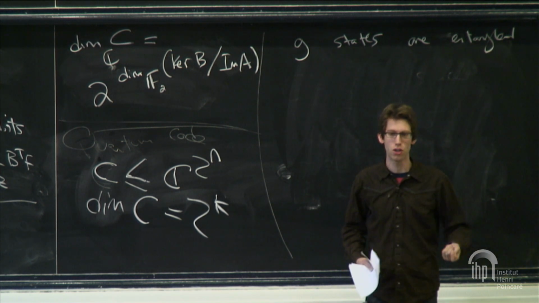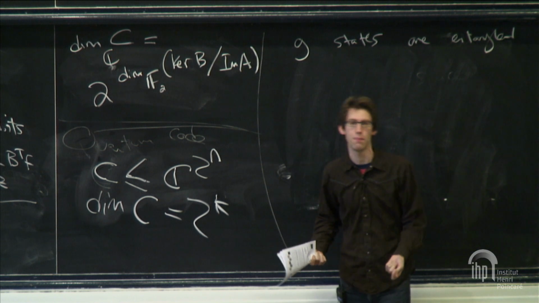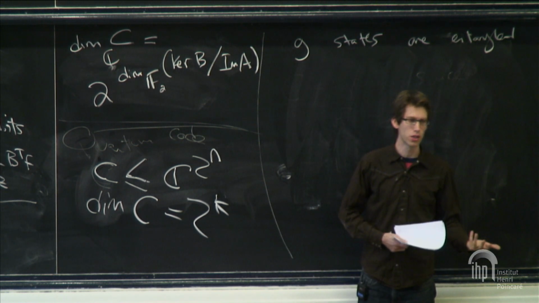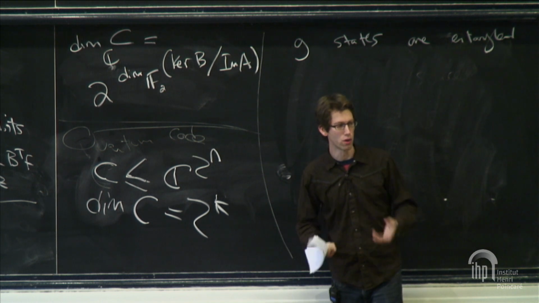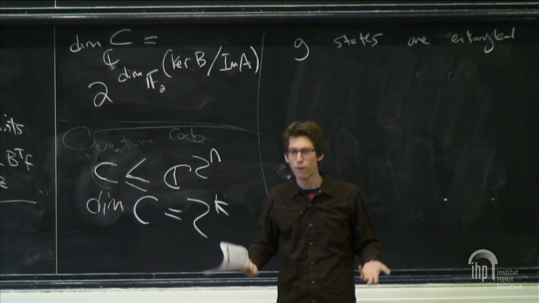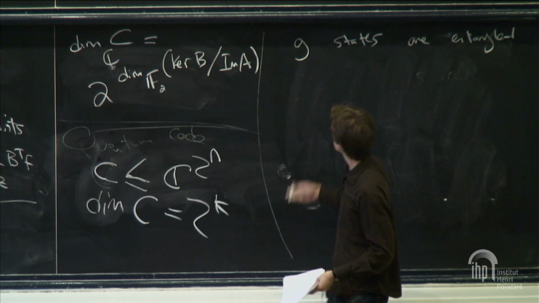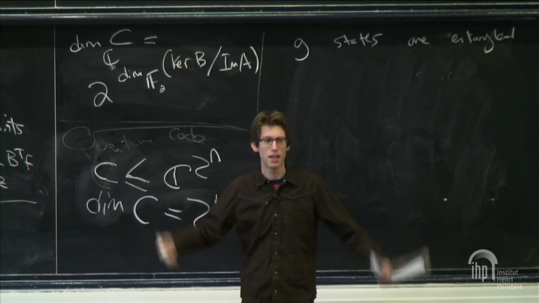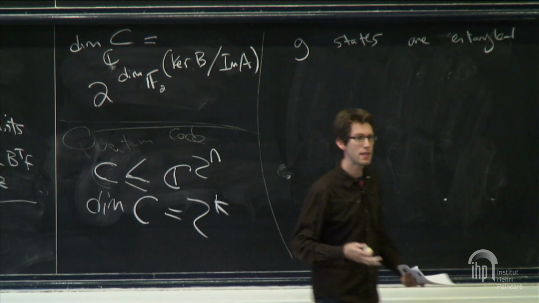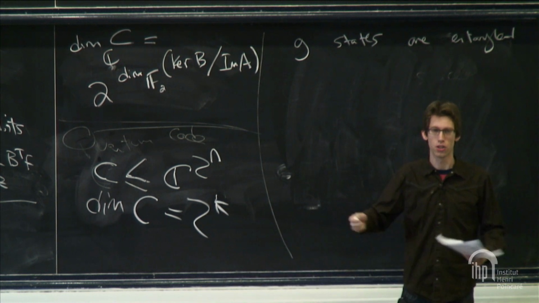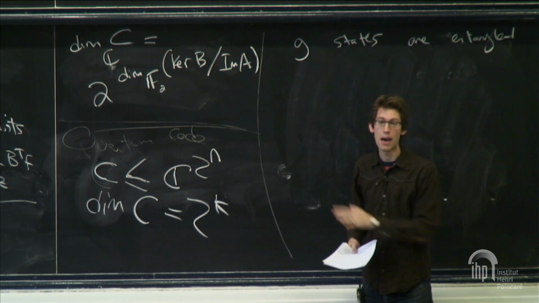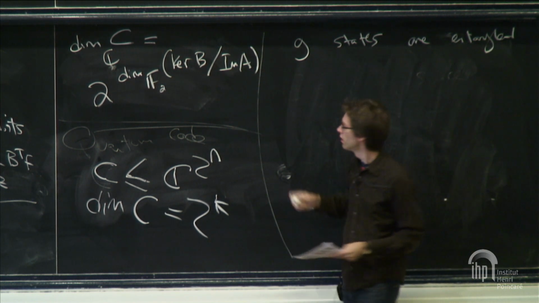It could be that those n qubits correspond to n over 2 EPR pairs, in which case it's entangled, yes, but the entanglement is sort of local. If you zoom out a little bit, it doesn't look very entangled. So quantum error correcting code states, if they're really fully making use of the n qubits, should be genuinely entangled across all of the systems. This is how they should protect against local noise.